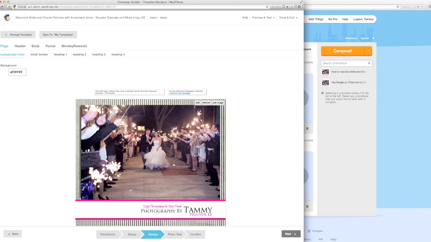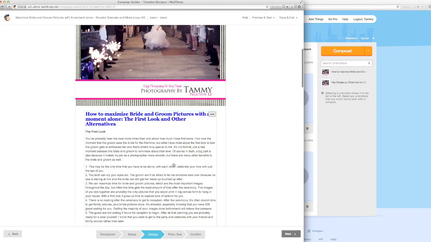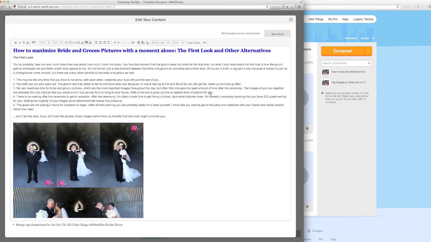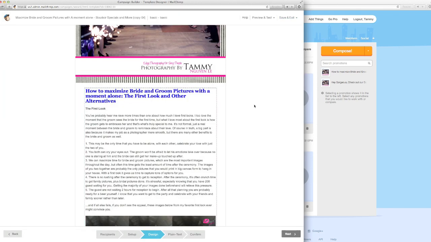Okay, so once you already have a format already, it's really easy for you to just go in and edit these areas. And the great thing about the Mailchimp program is that you can actually make the text different colors, you can make it bigger or smaller. You can actually change what kind of text it is. I feel like also the pictures are bigger on my Mailchimp template than it is on my Madmimi one, okay? So as far as designing goes, I feel like the Mailchimp one is relatively still easy to use, but